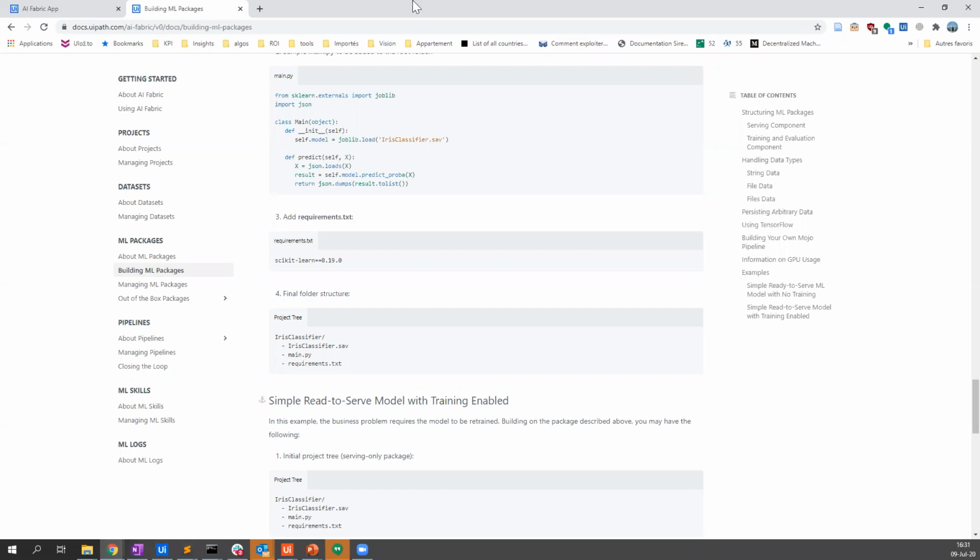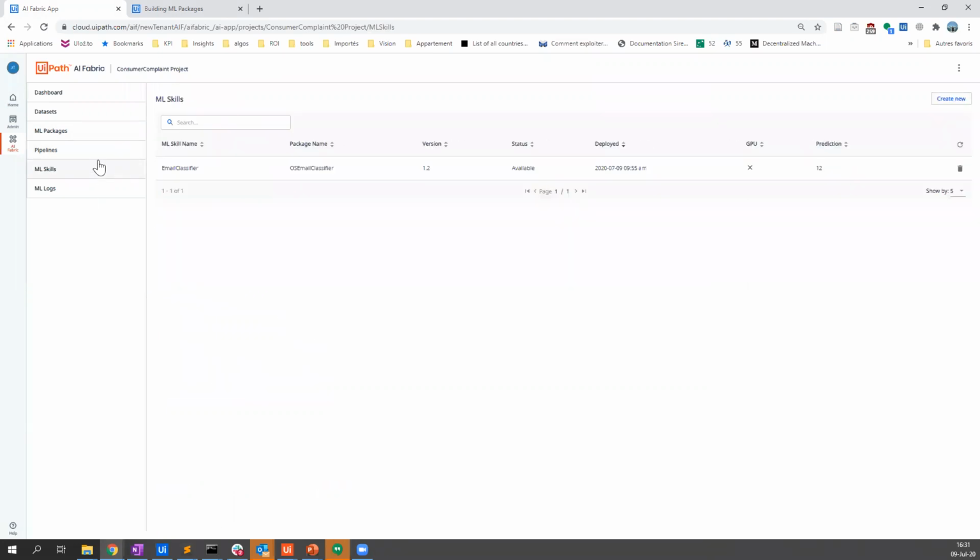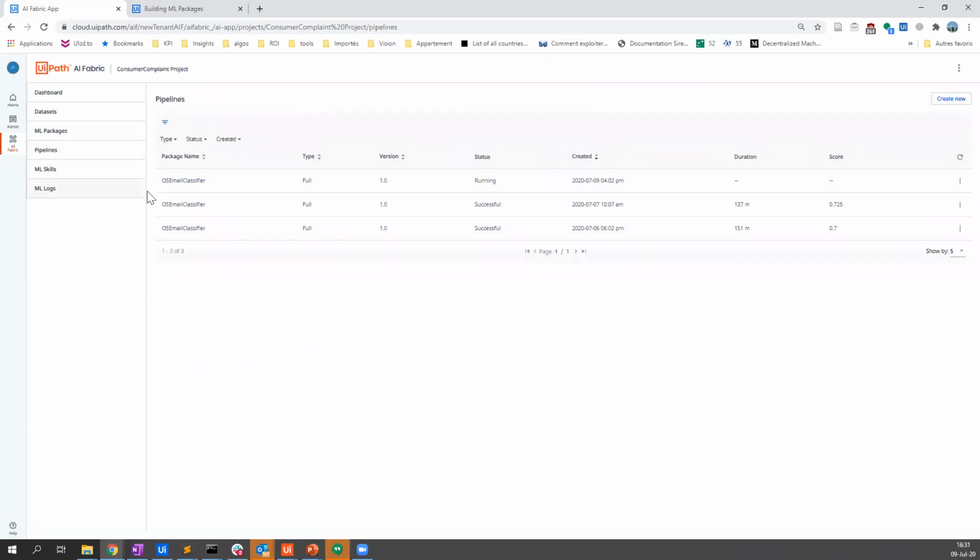So GPU limits first, it will be attached with your licenses basically. So if you buy 10 licenses, you will be able to have 10 GPUs. The only thing is you can use only one GPU per pipeline or one GPU per skill. You cannot have a training job where you say, okay, I want to use 3 GPUs on this one and do parallel stuff. It will be only one GPU.